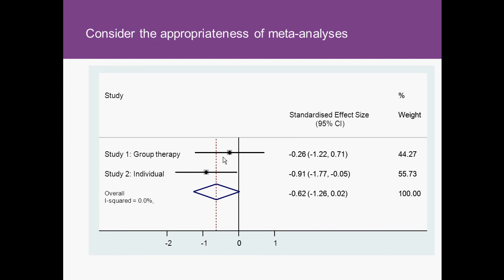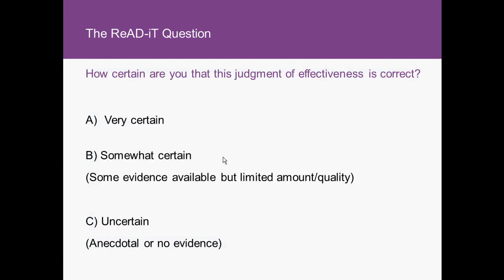Even if both of the studies had examined group therapy, there could be important differences in how that group therapy is delivered, where it is delivered, who it is delivered to, that can lead to important differences in how effective the intervention is. So, when examining meta-analysis results, you should always consider, just because a meta-analysis can be done, should this particular meta-analysis have been done? It may be safer to examine the results of individual studies if you feel that the meta-analysis pulled together studies that shouldn't have been pulled together.